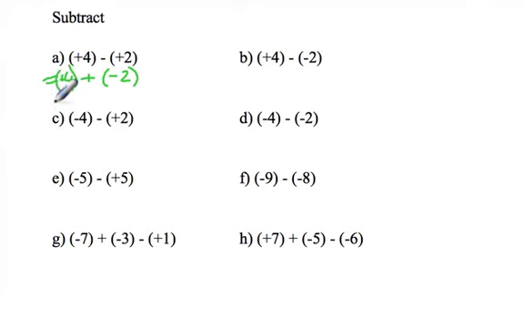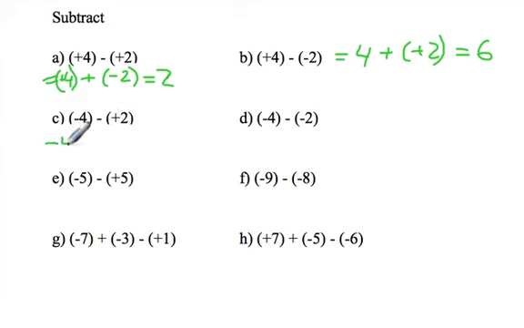And 4 plus negative 2 is 2. Question B is 4 plus the opposite of negative 2, which is positive 2, so that equals 6. In your lesson, you also probably discussed that a negative and a positive makes a negative, so that's another way of